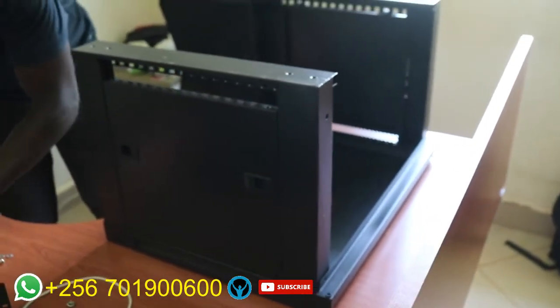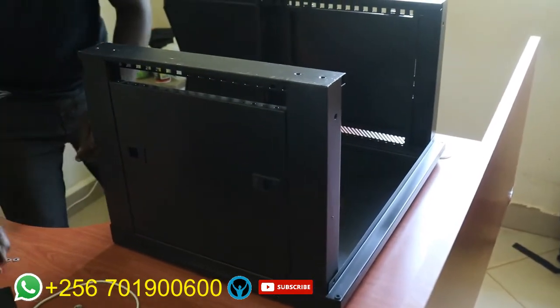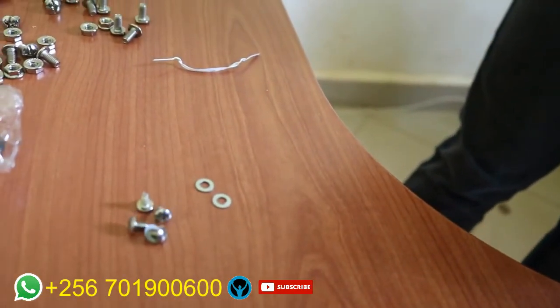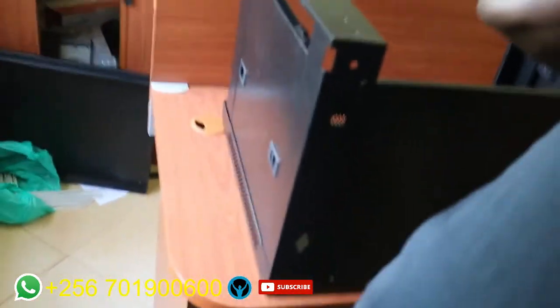So we have these ones. I'll at least get the size. Okay, now I can get the base, and these are my screws. There are 4. So I'll put the base back very well. I'll put the back over. So I'll put my screws there